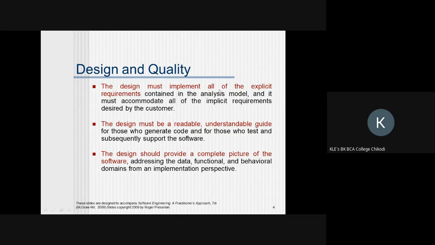The design must implement all of the explicit requirements. That is why the development cycle contains a requirement phase. There, a business analyst will collect all the requirements of end users. Functional requirements as well as data requirements he is going to collect, and then he prepares one document, a business requirement document. According to that, whether the design has been made, and all the functionalities are serving the customers or not, will be checked.